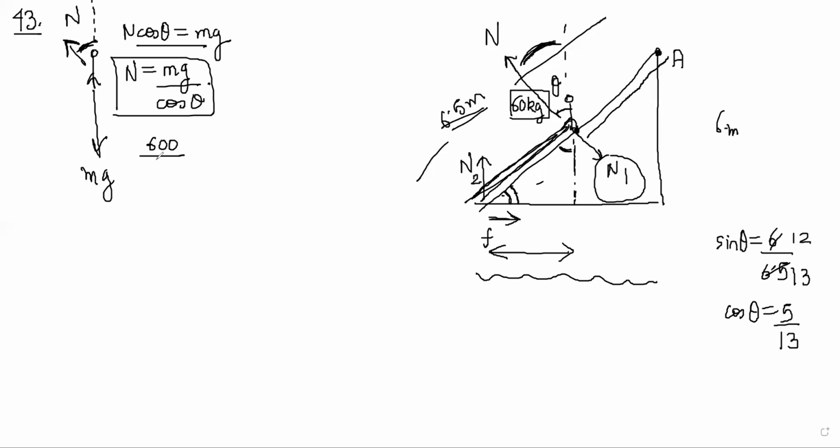So by 5 by 13, this is the force, and you have to multiply it by distance. And torque is r cross F. So this is perpendicular, that's why I just take the distance. So it will be 6.5 by 2, right? So this will be 1.3 and this will be 300. So you'll get 300 into 13 into 1.3, right?